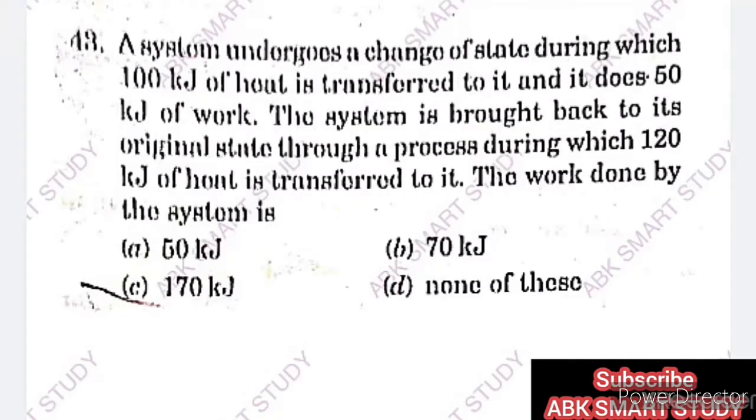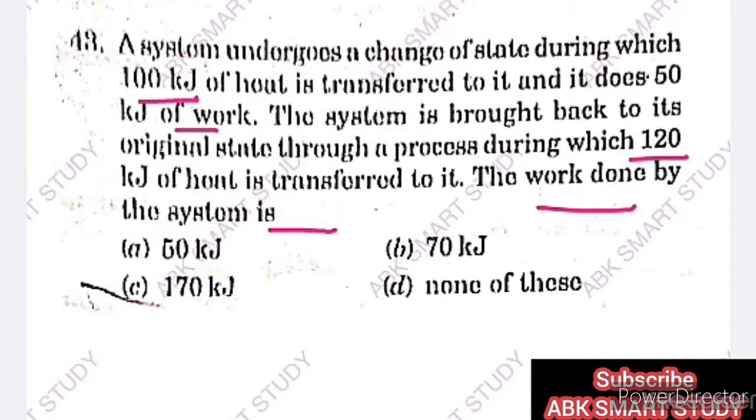So let us start question 1 of today's lecture. A system undergoes a change of state during which 100 kJ of heat is transferred to it and it does 50 kJ of work. The system is brought back to its original state through a process during which 120 kJ of heat is transferred to it. So the work done by the system is,